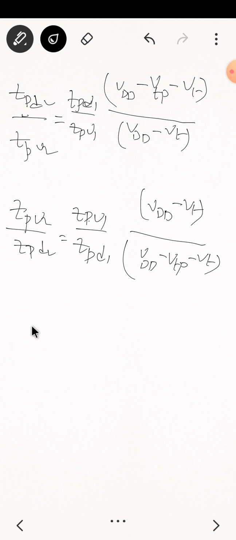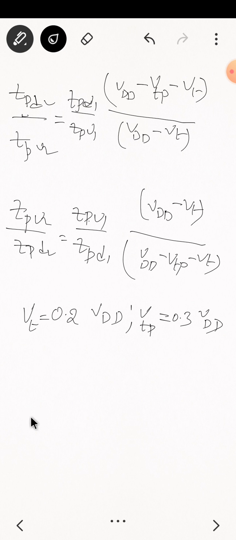We have some typical, already measured values. VT is equal to 0.2 VDD. For the pass transistor, the threshold voltage is equal to 0.3 VDD. Here I am taking only a single pass transistor. If I take more transistors, this value will increase. Therefore, by substituting these values in the above equation,